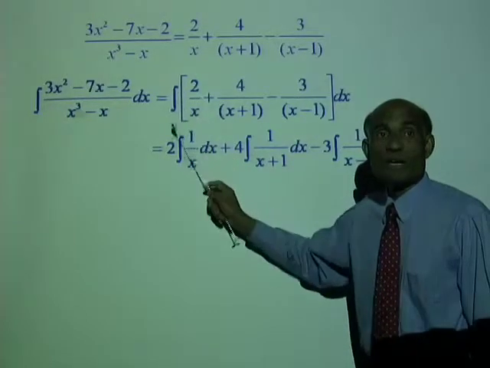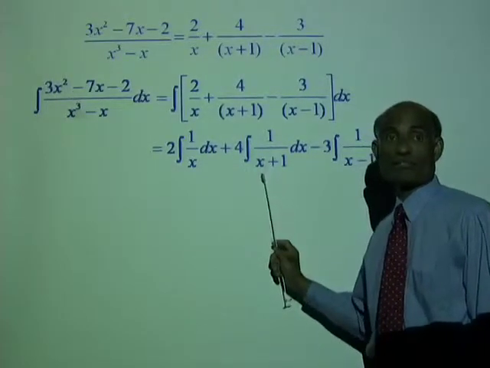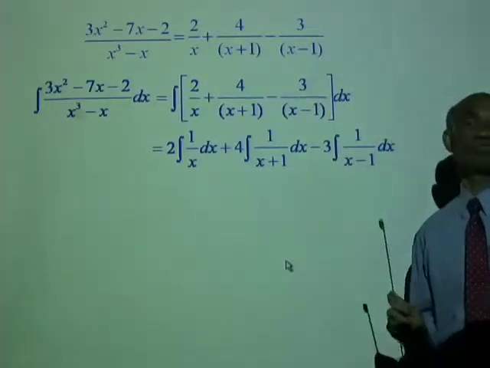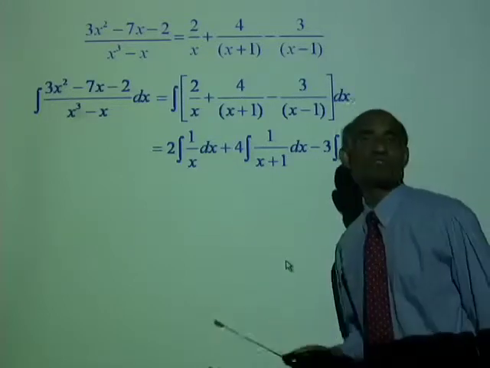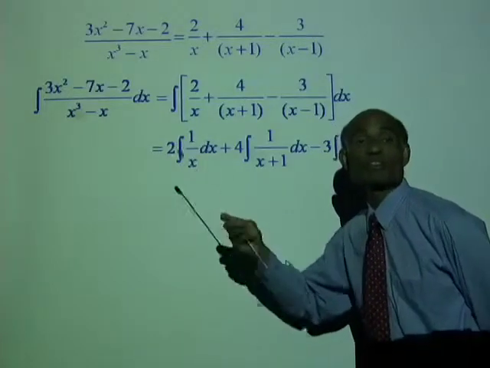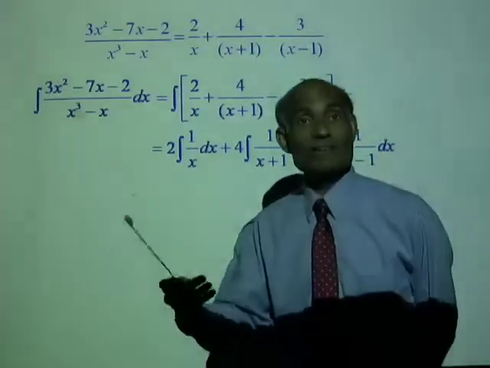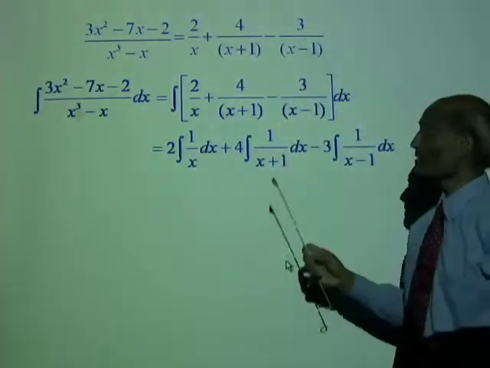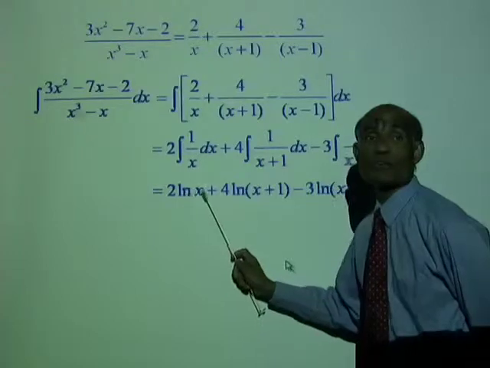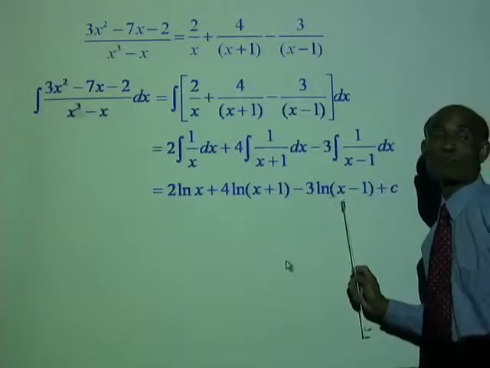That would be 2 integral 1 over x dx plus 4 integral 1 over x plus 1 dx minus 3 integral 1 over x minus 1 dx. Well, these actually do not need any substitution, does it? No, because integral 1 over x dx is ln of x. Integral 1 over x plus 1 dx is ln of the absolute value of x plus 1, and same here. So that will be 2 ln x plus 4 ln x plus 1 minus 3 ln x minus 1